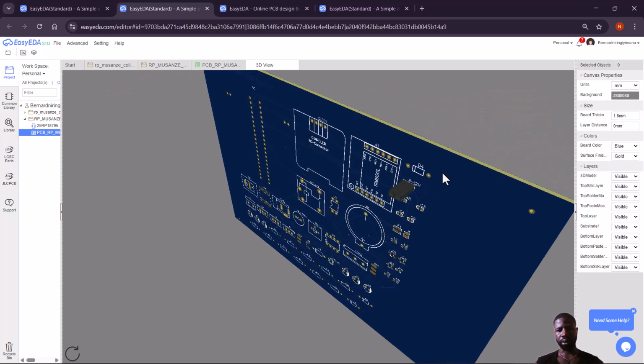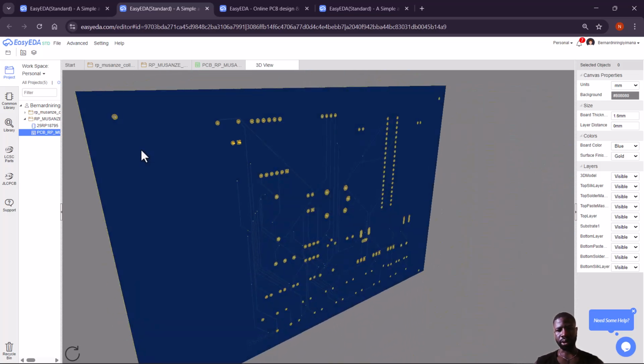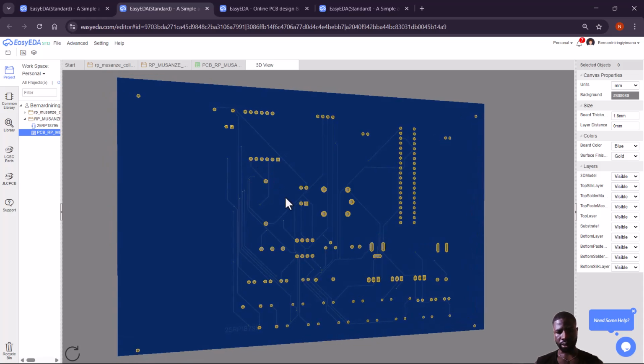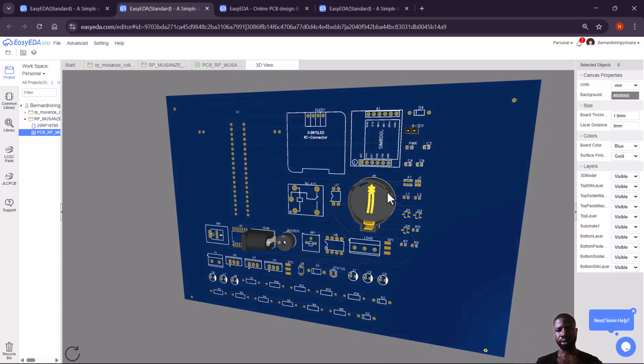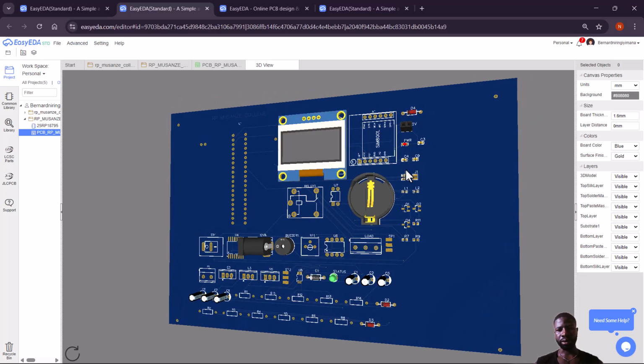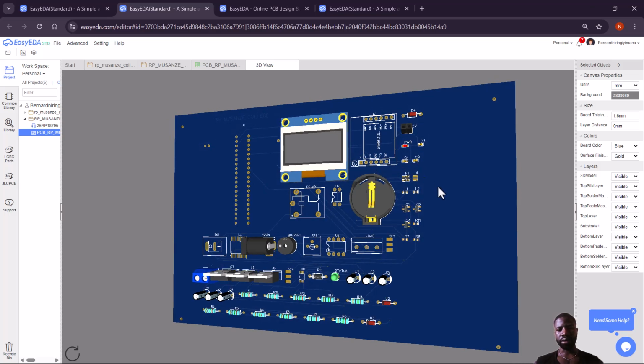There is a network issue, but our route is already created successfully. So as you see, this is my component loading one by one because of the network. So now we are going to